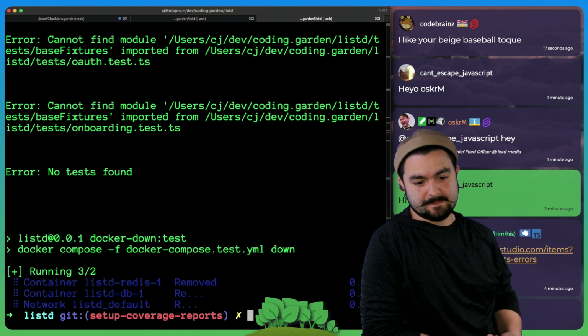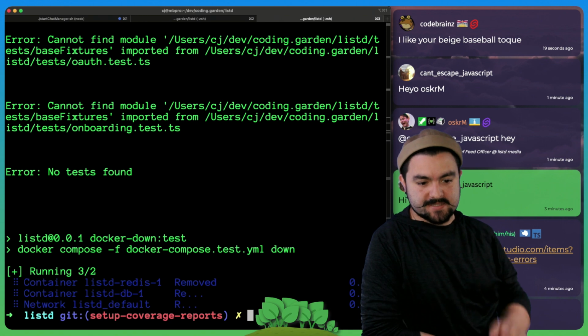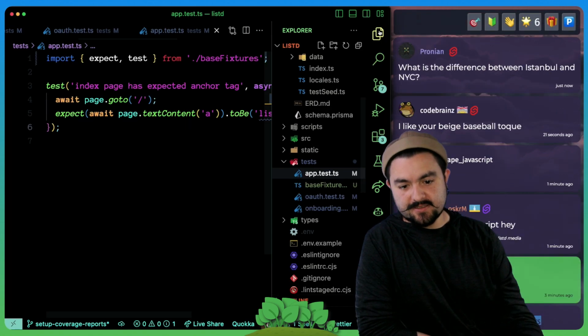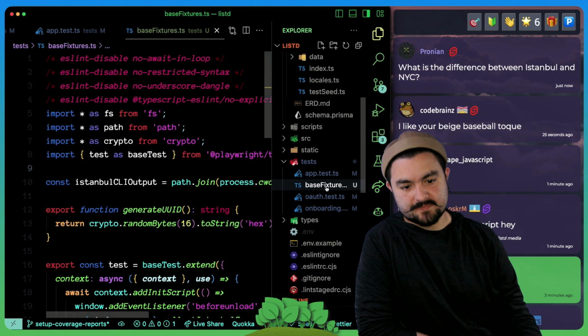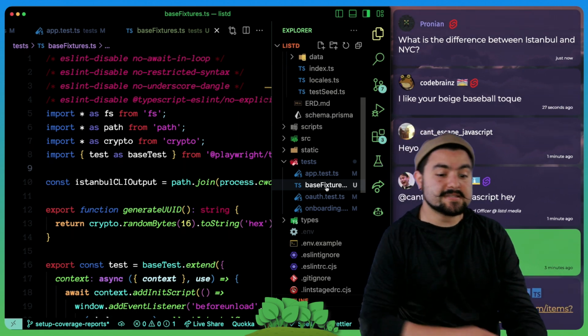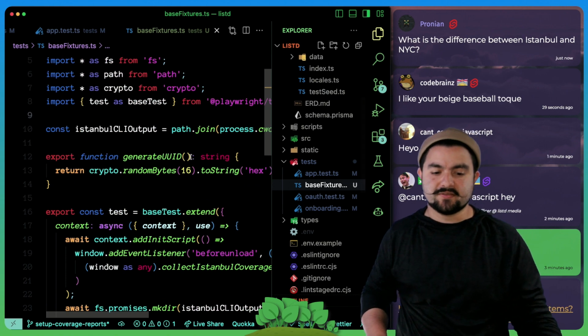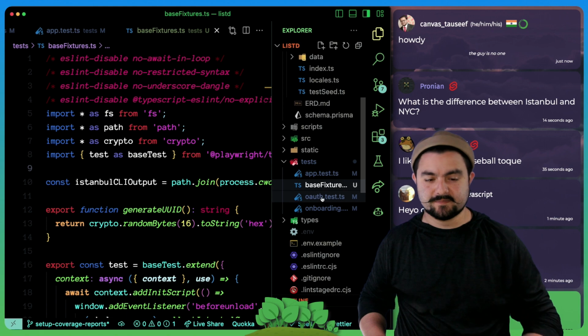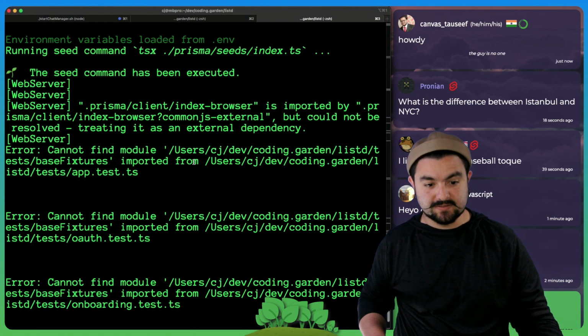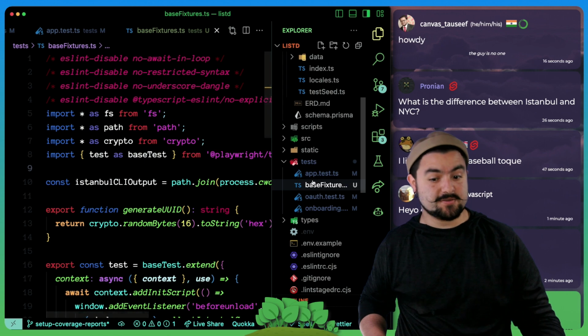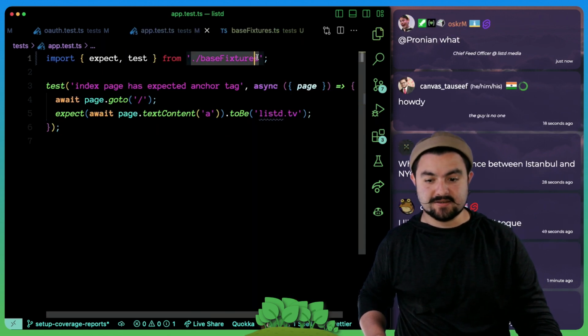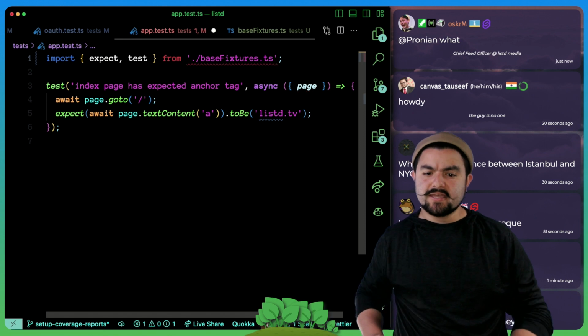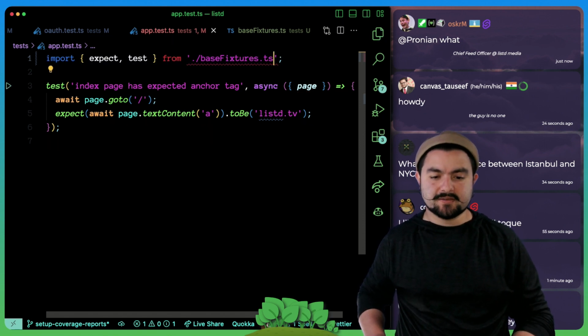No tests found. Cannot find module base fixtures. Did I call it the wrong thing? I guess it has to be, well, no, it's a TypeScript file. There's type annotations in here. I don't like this, but I think I have to do .ts in here. NYC, I think, is the type of